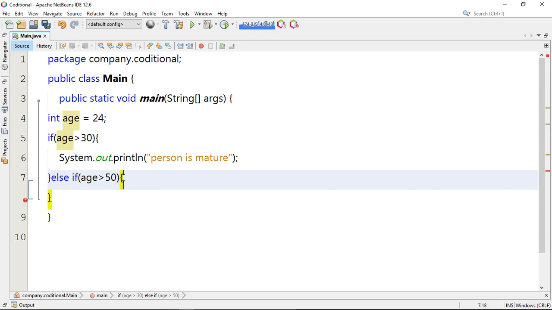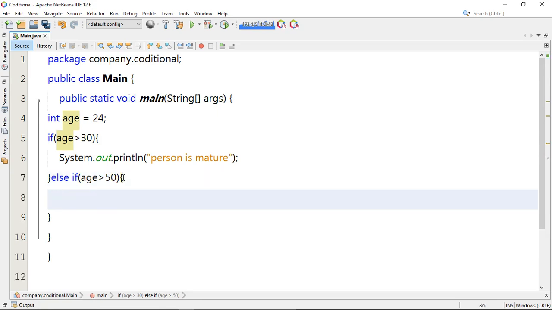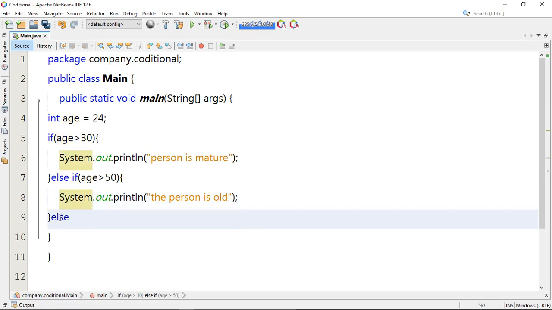Then you'll print out, person is old. Then you can have another expression here for else if,